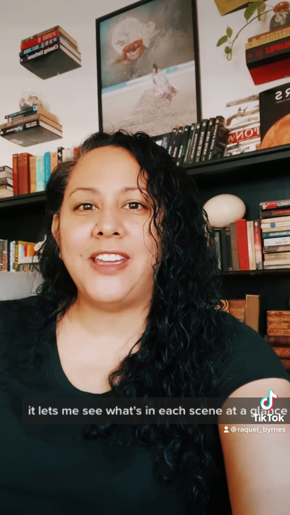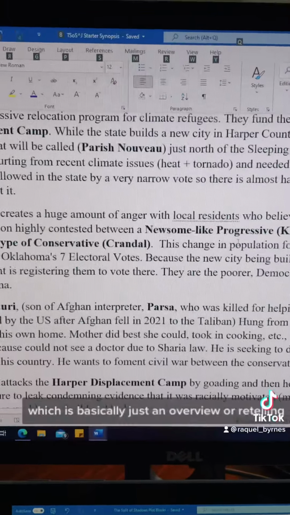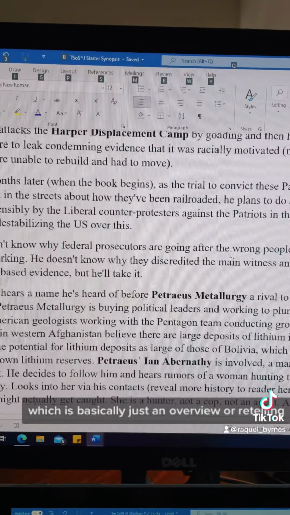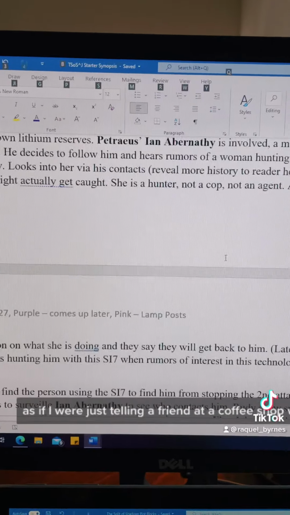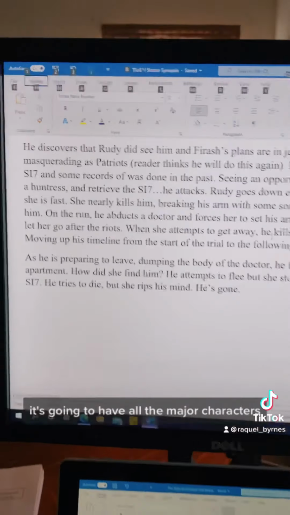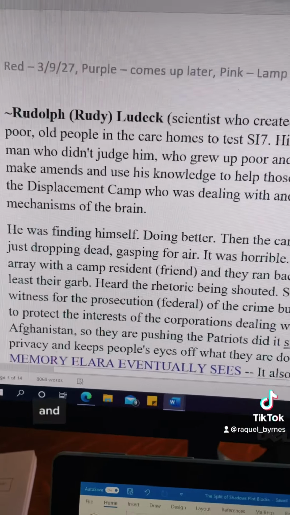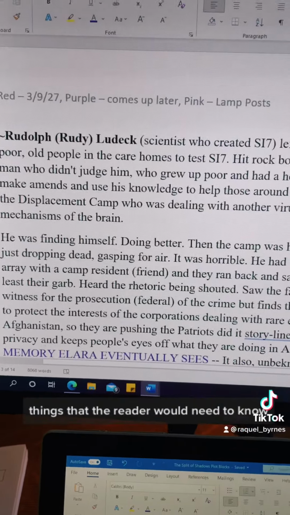It lets me see what's in each scene at a glance, so I find that helpful. So I'm going to show you what I'm doing so far and how it's going. So the first thing I do is I write a starter synopsis, which is basically just an overview or retelling as if I were just telling a friend at a coffee shop what happened to me. It's gonna have all the major characters, the locations, major plot points, and things that the reader would need to